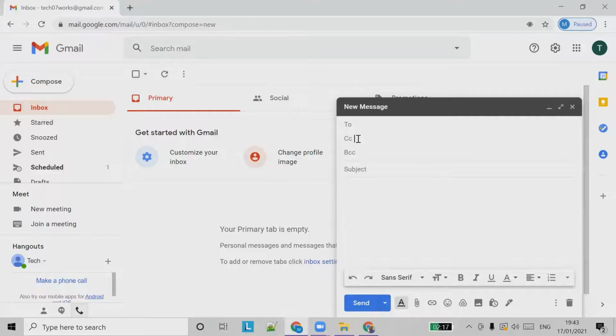Let's say you assign a task to someone, so he has to take action on the task. That person will always be in the To field. So I want maybe Robert to finish a certain task, let's say take computer class.